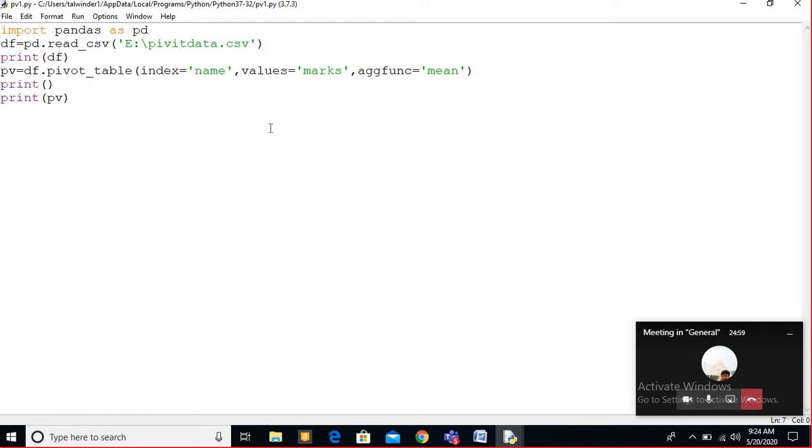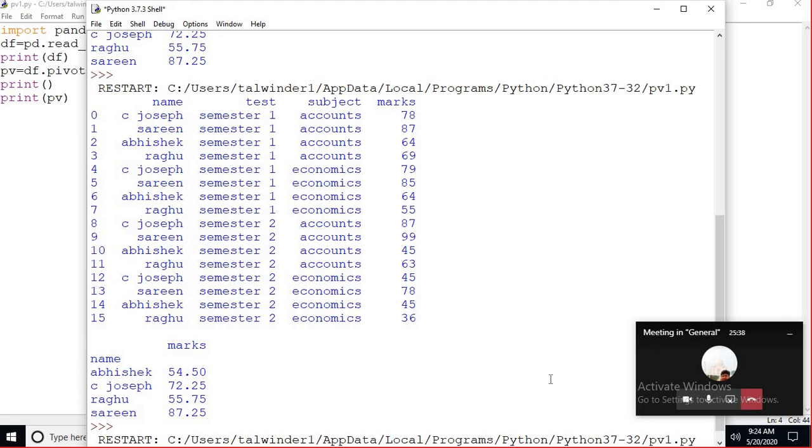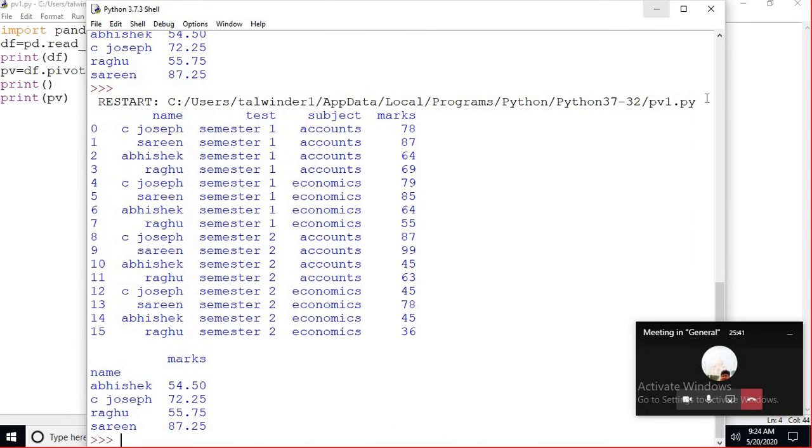If you have duplicates in multiple columns, then we can use the pivot_table method. I use pv equal to df.pivot_table. Whenever you create a pivot table, we have to use a column as an index. The index is always the name, because the name is a better identifier for each one. So index is equal to name. As values, I want an aggregate function, and the only thing that can be calculated is marks, because I want to calculate the average.